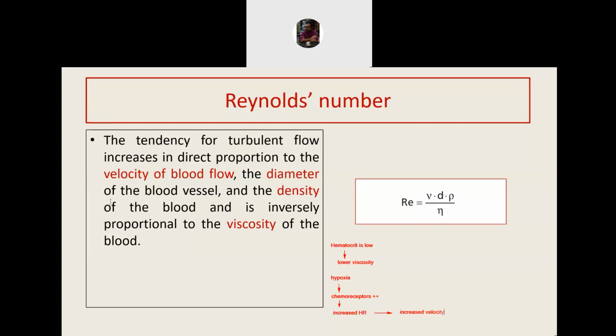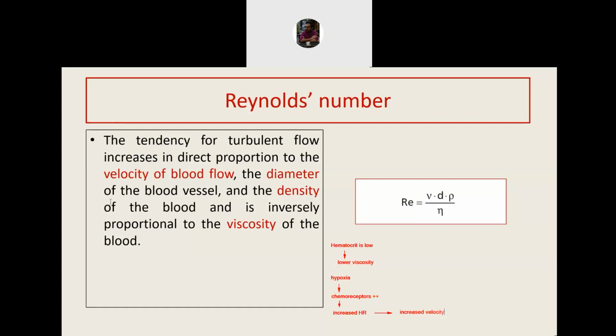Reynolds number typically can vary within a great range. Up to a value of around 200, it never produces sound. Once the Reynolds number crosses 200, the chance of producing sound gradually increases. But the critical number is around 2000. When the value 2000 is crossed, however smooth the vessel is, however uniform the vessel is, it will always produce sound. That turbulence produces sound has another application in clinical medicine and physiology.